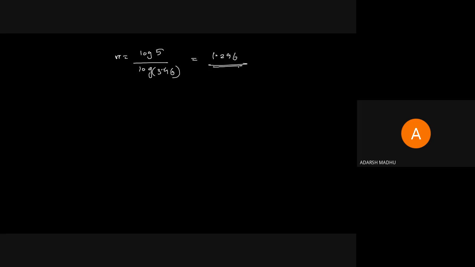You have to complete the particular question now. The question must be completed anyway. 1.296. So the second question is also completed. The value of m is calculated and the value of n is also calculated. So the next question is